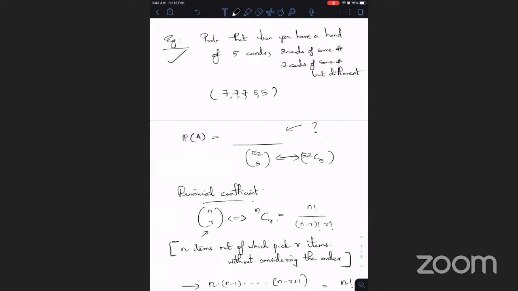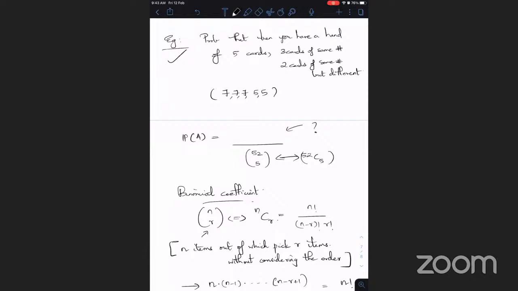Okay. So it's just this. So what is the first choice you have to make? You have to first pick a card which you want to repeat 3 times. Out of the 5 cards you have received, I mean, it's not with respect to the 5 cards you have received. You pick a specific card,